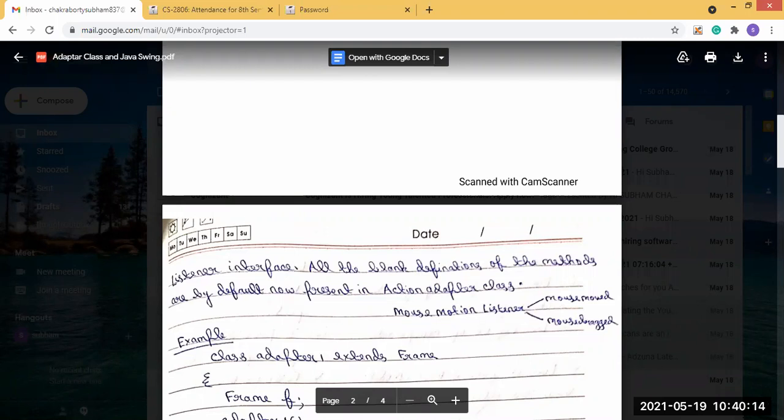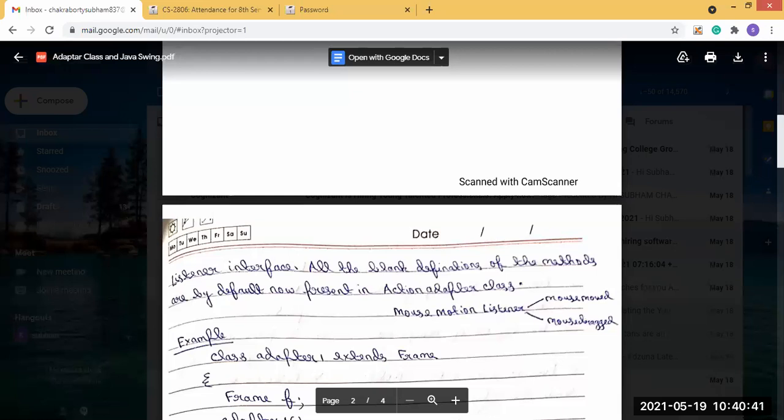In this mouse motion adapter class, the blank definitions of both mouse moved and mouse dragged should be present. So whichever method is required, say only one method, you would say that only one method is required.